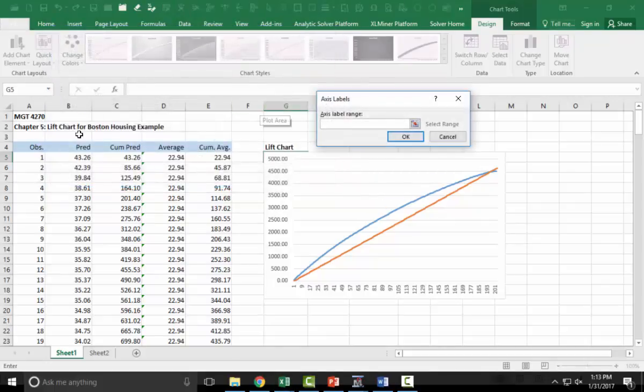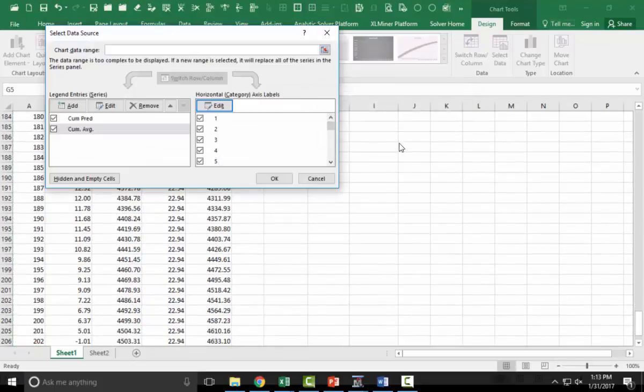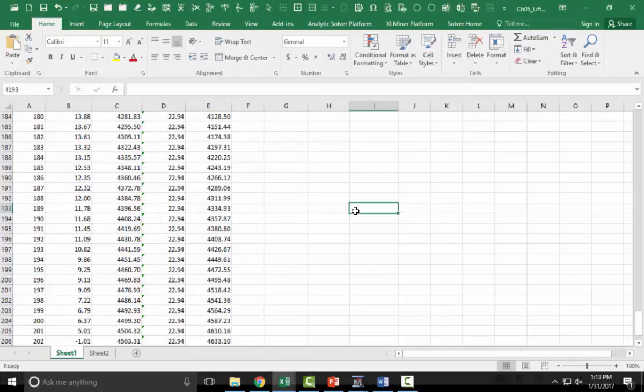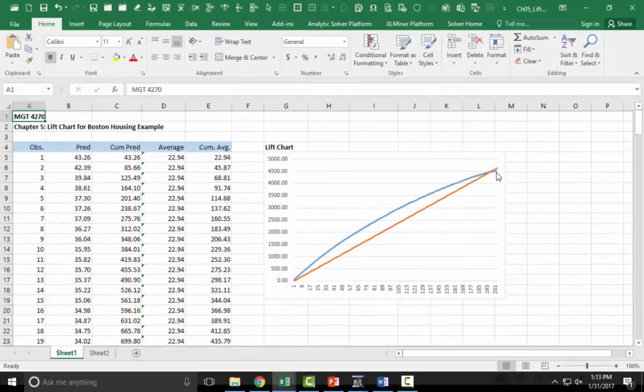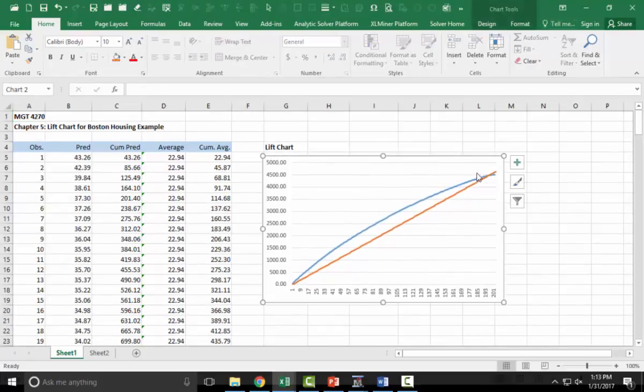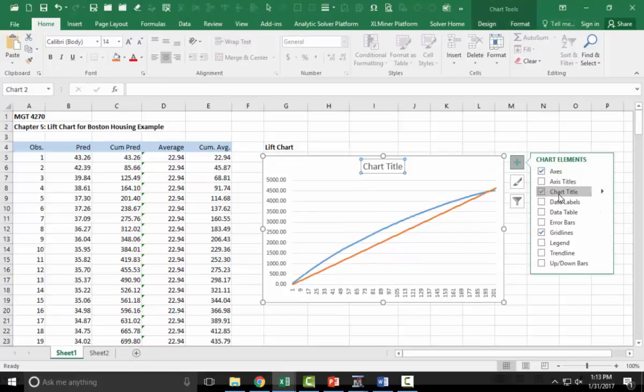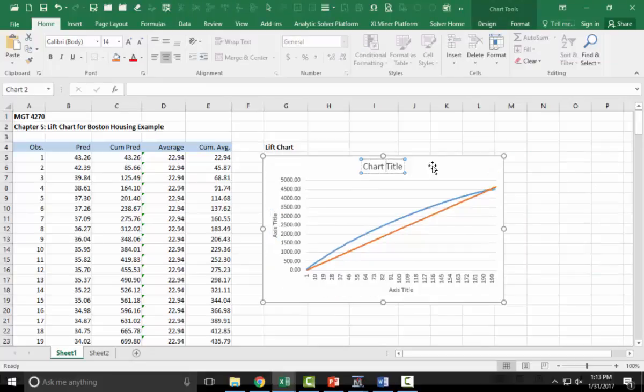And your x is that. Now you give a chart title and axis title. Lift chart for housing,